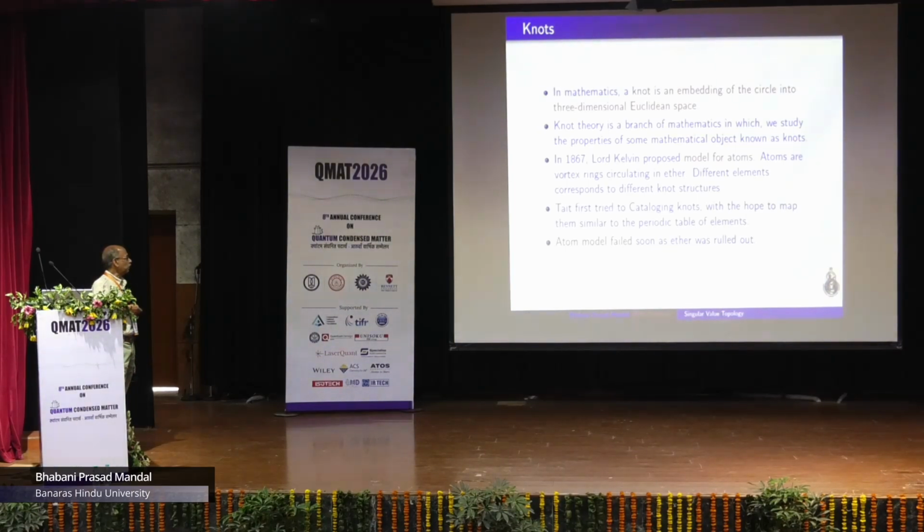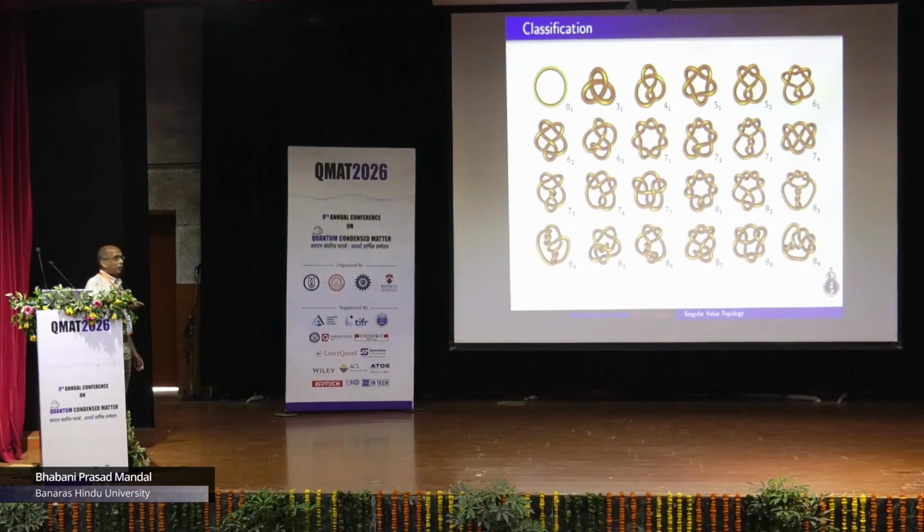He proposed a model for atoms as vortex rings circulating in ether, with different elements corresponding to different knot structures. His student first tried to catalog this like a periodic table, but this model was abandoned as the ether was ruled out. But these are the knots